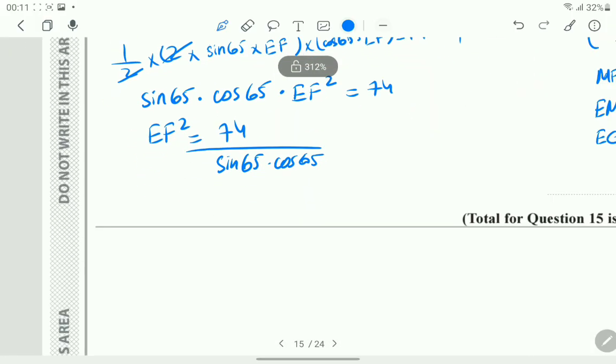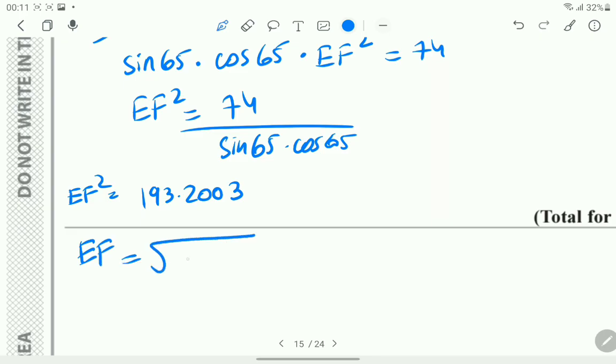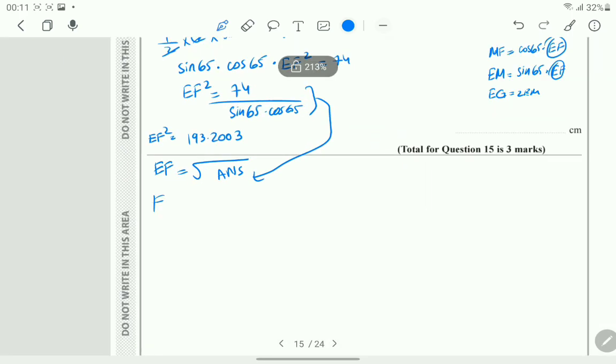Now use your calculator, and this is a value equivalent to sine 65 times cos 65, which gives us 193.2003. Go further for accuracy and under root, basically whatever this is, for maximum accuracy, and you get